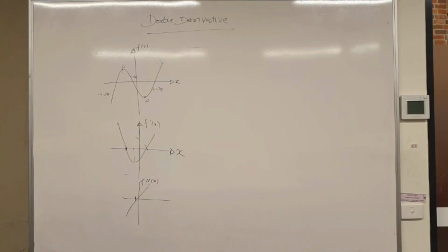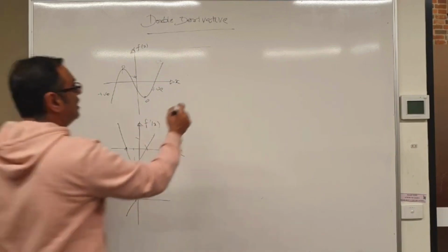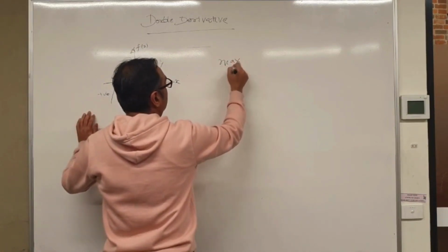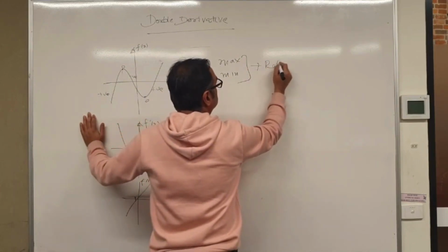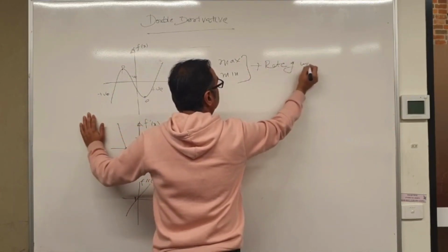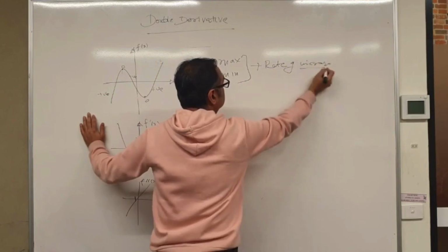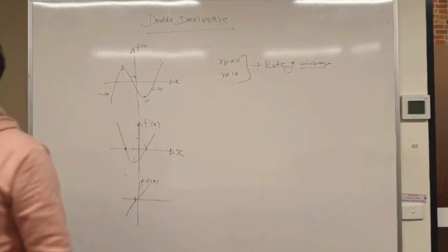Part B of the question. Read the language of part B of the question. It says find the max rate of increase and decrease. So what is he asking? He's asking you to find the max and the min for rate of change, rate of increase, rate of change, whatever. So when the question tells